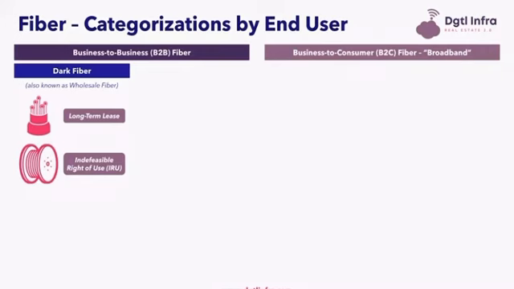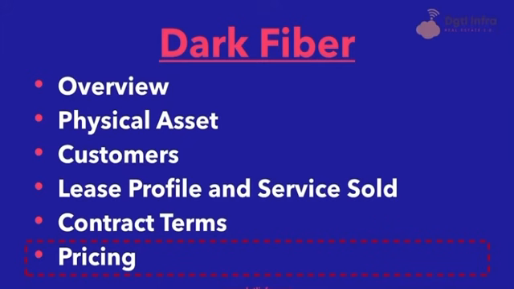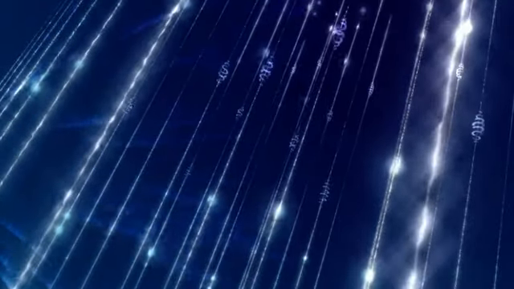These are long-term lease agreements with durations between 10 years and 25 years, with some indefeasible rights of use extending to 35 and even 50 years. In terms of pricing for dark fiber leases, it is generally based on several variables, including the number of strands, the number of miles, the supply and demand on the route, which is generally competition, and the service provider offering